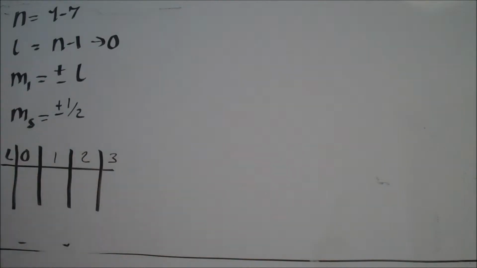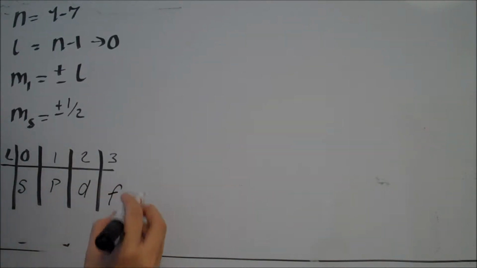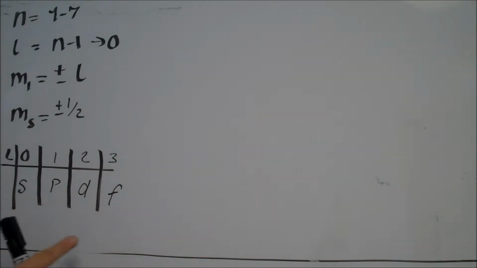Let's just go through that. This one has an s orbital, this one has a p orbital, and this one has a d orbital, and 3 has an f. Okay, and what does this tell us? That s actually has only one orbital, and each orbital has a positive and negative spin, which means there's an electron going the positive way, and then there's an electron going the negative way. So there's 2 electrons there. 1, 2. Okay, our p orbital has 3.